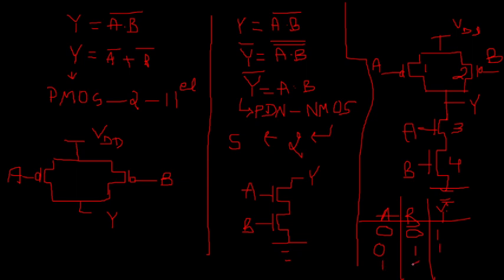Another case, when input A is 1 and the second is 0. At that time, which transistors will be on? Transistor number 2 and transistor number 3 will be on, whereas 1 and 4 will be off. As transistor 4 is off, Y cannot be equal to 0, but because transistor number 2 is on, Y gets a path to VDD through transistor number 2, so it will again be equal to 1. And when both the inputs are 1, now both transistors 1 and 2 will be in the off state, and 3 and 4 both are in the on state. Therefore you get the output equal to 0.